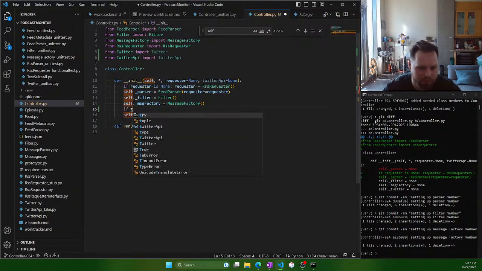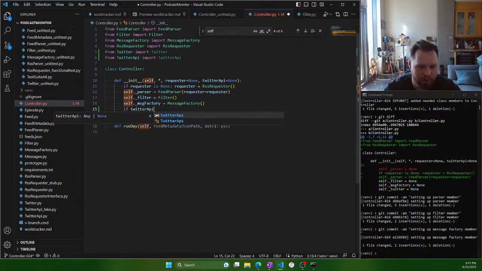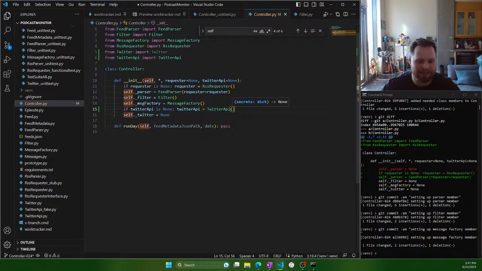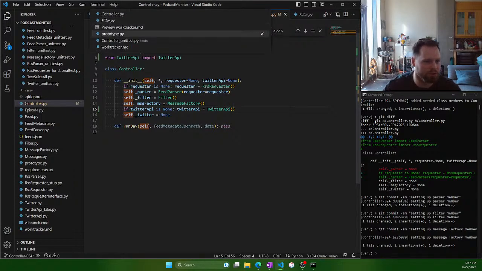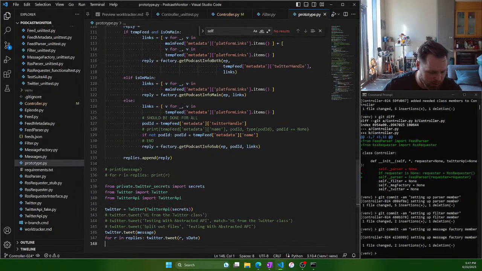We're going to say if Twitter API is none, then we'll go Twitter API equals Twitter API, and that's going to need the secrets, right? So similar to the prototype here,